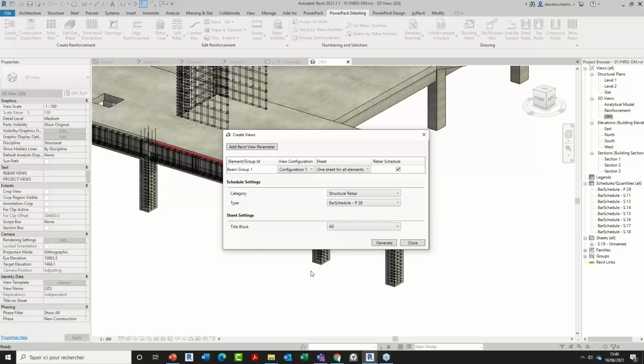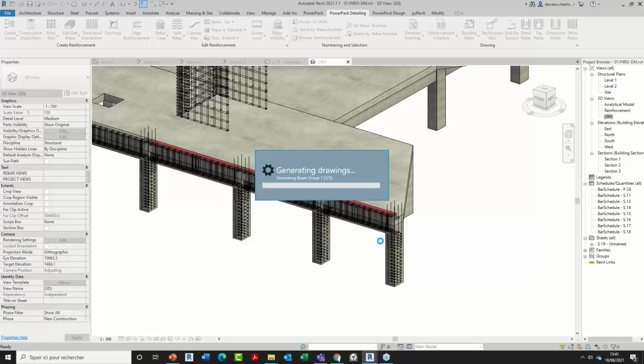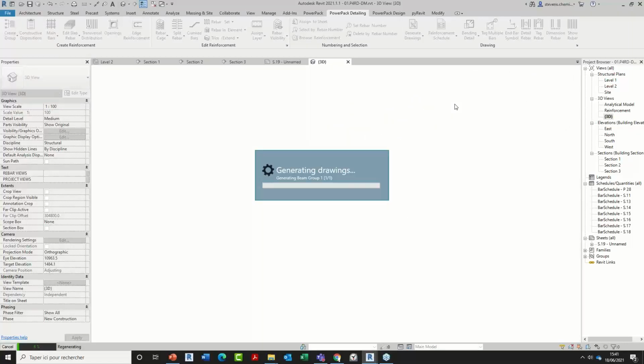Choose the right size for the global layout of my sheet, and it will take a couple of seconds. In the background, depending on all the settings I've made, the software will automate the section creation, the schedule creation, the sheet creation, views automatically assigned to the right sheets, names as well, and eventually place the views in the right folder.